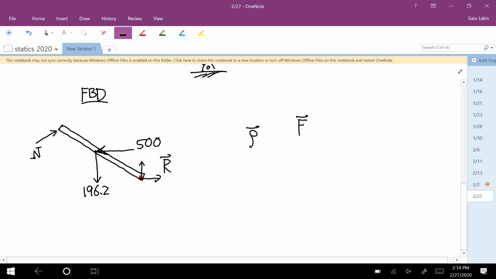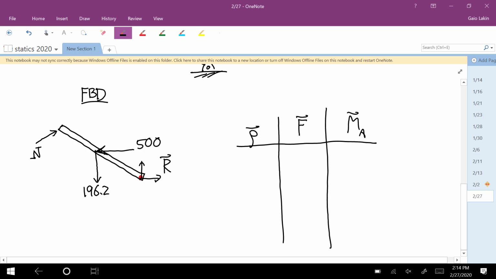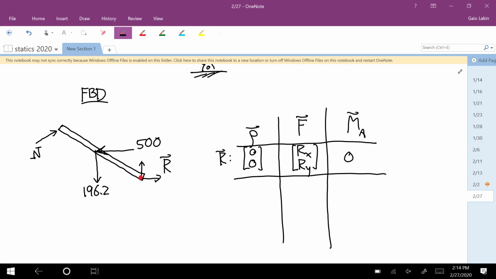So rho, force, moment. First I'll do the force R. The rho vector is 0. The components are Rx, Ry. No moment. Then this angle is 30 degrees from the horizontal, the angle of the beam. And so to get from the about point to the midpoint,